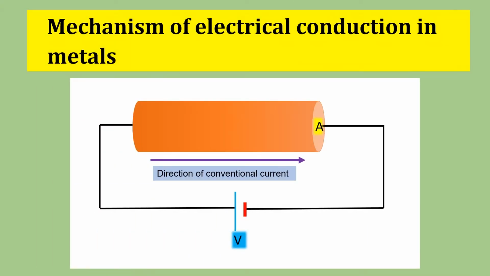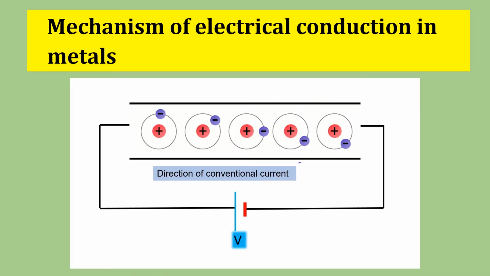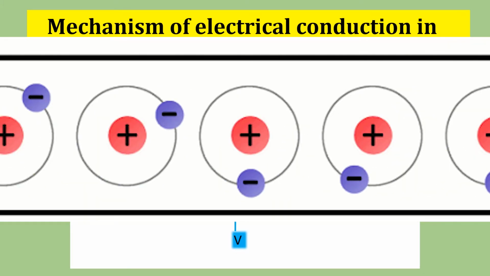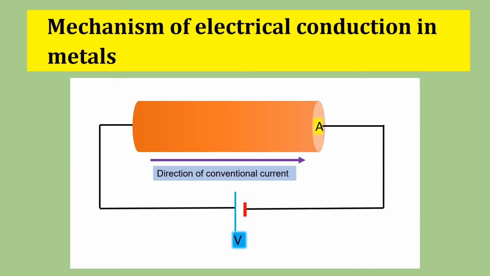Mechanism of electrical conduction in metals. We know that metals have electrons. In fact, that is what makes them suitable for connections in electrical circuits. So they have free electrons in the atoms that can freely move from one point to another. We are going to consider this circuit. In this circuit, this is our conductor or the metal, and then these are the connecting wires, and then this